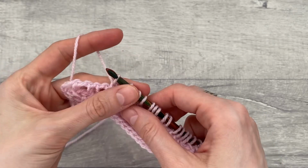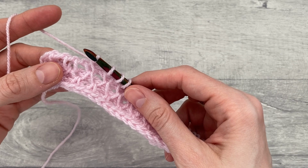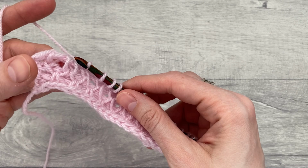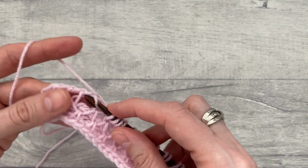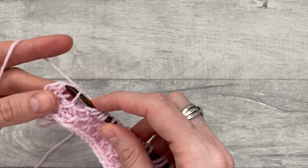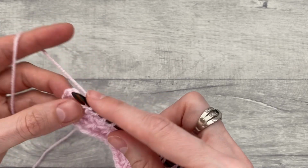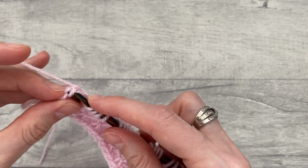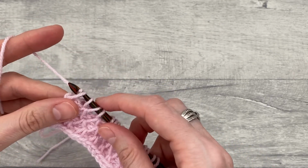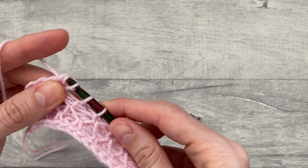I'm now at the end of row number 6, so on the last 5 stitches, and we will work 2 Tunisian simple stitches together, followed by yarn over twice and an end stitch. So Tunisian 2 simple stitches together, yarn over, 2 Tunisian simple stitches together, yarn over, and an end stitch, followed by standard return pass, yarn over, pull through 1, yarn over, pull through 2, all the way to the